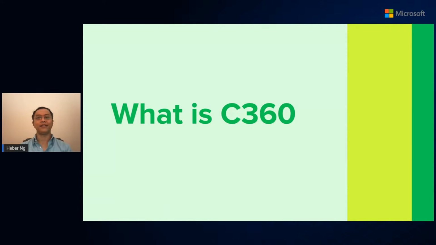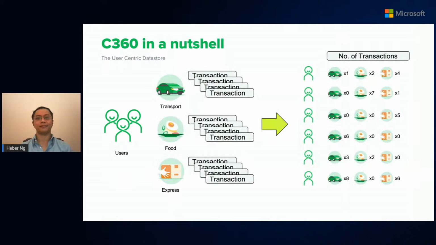Now, as you can imagine, having this many users on the app naturally generates a lot of transactional data. And given that Grab has multiple business verticals, it is critical to consolidate these transactions into a per consumer level. This is so that we can have a holistic view of individual users' behavior. And this is where the C360 project comes in. The goal of the C360 project is to consolidate all our application users' data, including consumers, drivers, merchants, into individual user level in order to provide that holistic view of the user across all of Grab's business verticals.